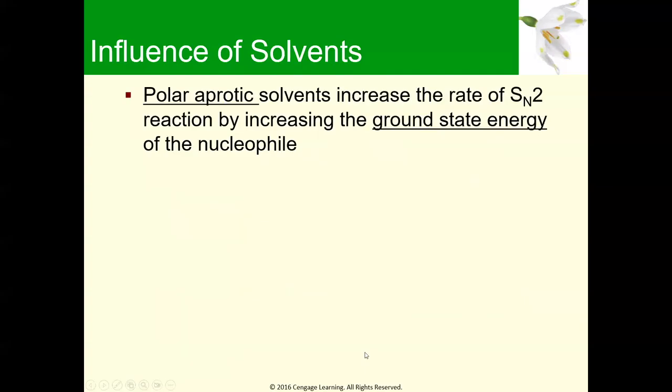So what you would use is a polar solvent, but you would choose one that's aprotic. Remember, anytime you slap a prefix A on the word, it means without, right? So aprotic solvents are solvents that do not have the hydrogen in their structure that's capable of engaging in a hydrogen bond. So polar aprotic solvents increase the rate of SN2 reaction by increasing the ground state energy of the